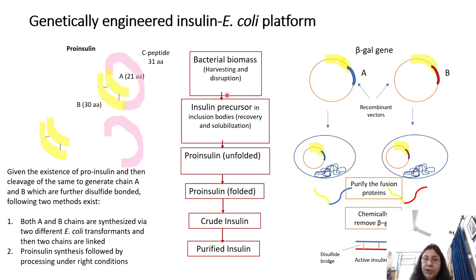All right. So what you do is that after this protein is produced and the bacteria have also grown to high cell densities, you are going to harvest the cells, which is followed by disruption of the cell. And now you have insulin precursor. Why? Well, because we are dealing with pro-insulin production here. Okay, except that this pro-insulin is now in inclusion bodies.